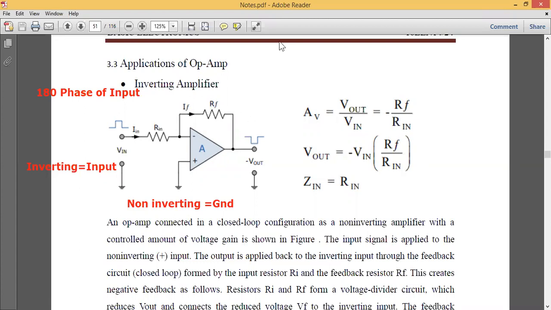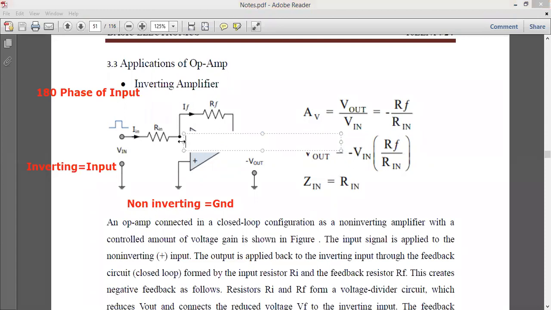Always when you write the question or the answers for that, try to give the number value so that it will help you. So 2 number is for the minus sign, and 3 number is for the plus sign. And here at the output they have taken it as minus sign. These are the small observations in my inverting amplifier.